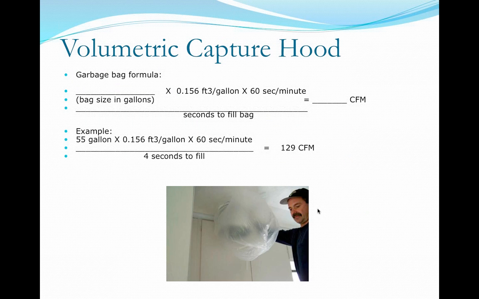Here's the garbage bag formula. I'll leave that on the screen for a second, but basically you have to have the bag size in gallons, correct from cubic feet to gallons, and correct from seconds to minutes to get CFM, and divide this all by the seconds to fill the bag. So for this example, if you have a 55-gallon bag, you do the correction factor to get it to cubic feet, you do the factor to correct from seconds to minutes to get the CFM, and it took, for example, 4 minutes to fill. So the math works out to 129 CFM. So that's your polymeric